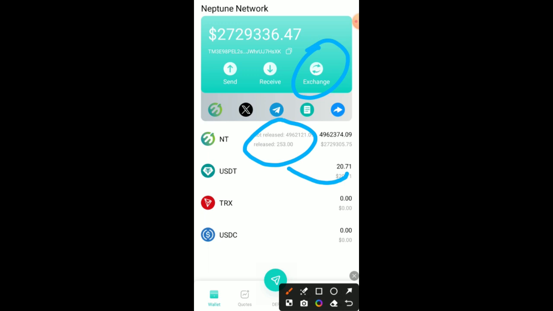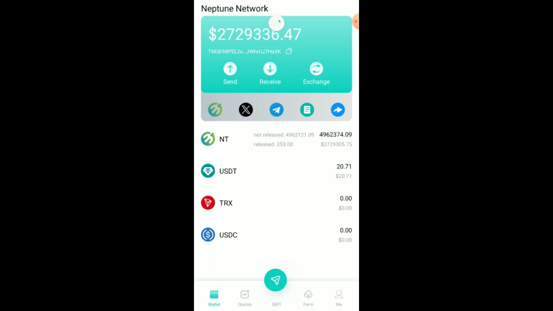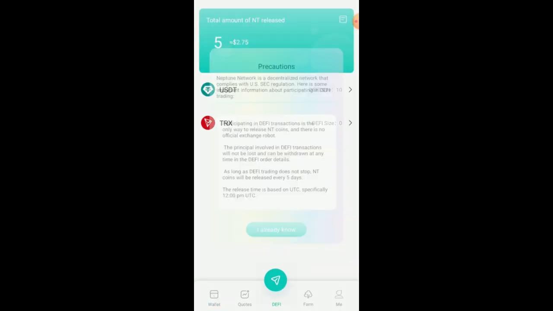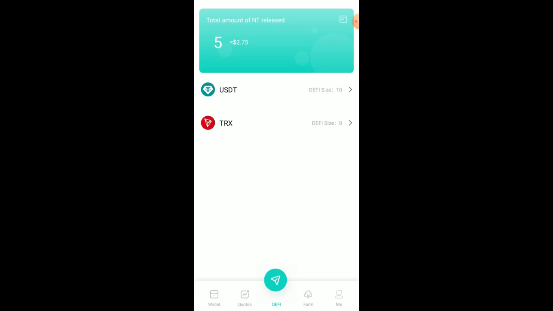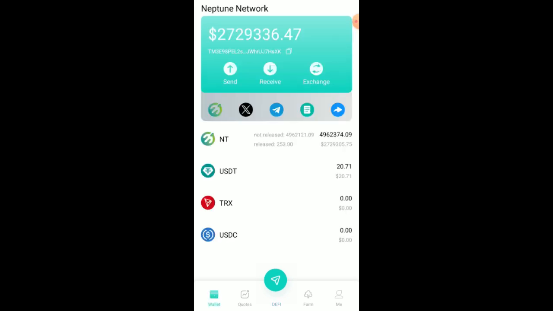They say if you're an ambassador or an affiliate marketer and you don't participate in the DeFa trade, you may end up losing your money. So if you're like me and you are not in the DeFa trade yet, just convert 10 USDT and participate in the DeFa trade, and let's wait for September 12th so that we